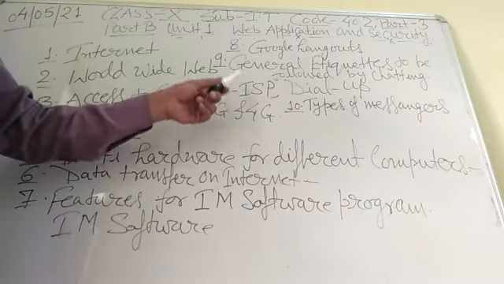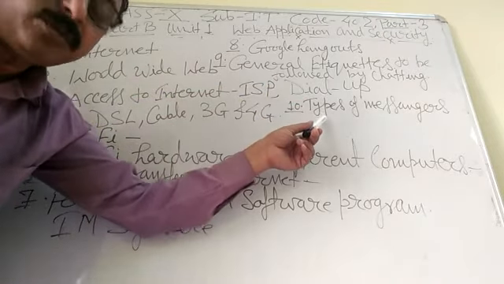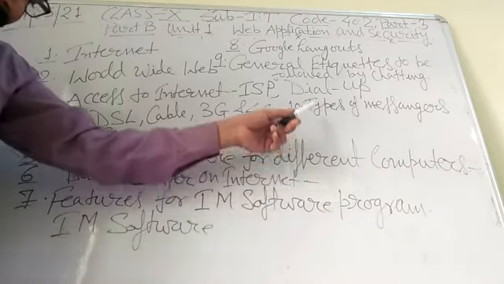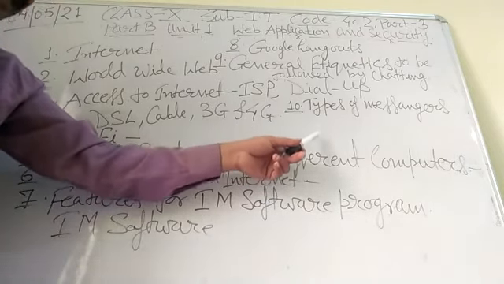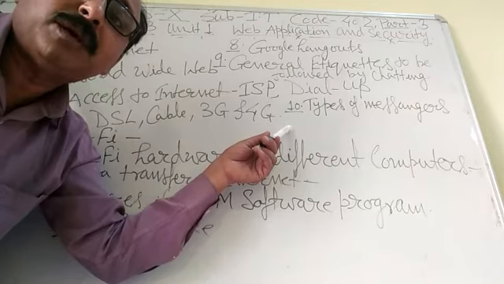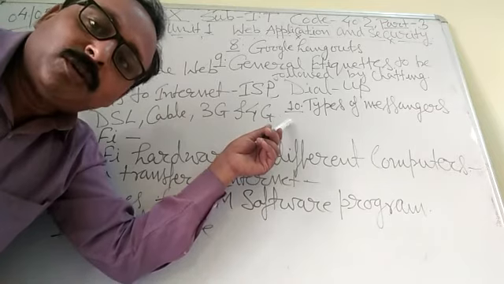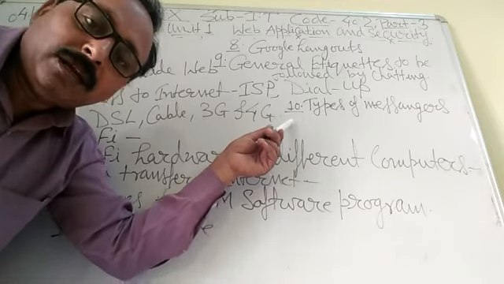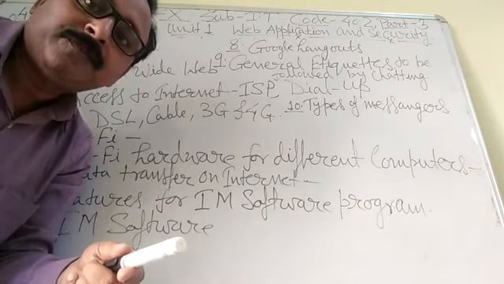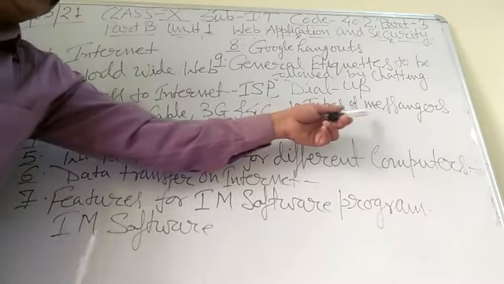Now next I am going to discuss the types of messengers. Here are so many types of messengers. First is WhatsApp Messenger, Facebook Messenger, WeChat, Viber and Telegram. So these are the types of messengers. Such a question may come in your examination: write any 5 types of messengers. So what are the types of messengers? WhatsApp, Facebook, WeChat, Viber and Telegram. Telegram is the latest social media site, a Russian site. So the types of messengers are over.